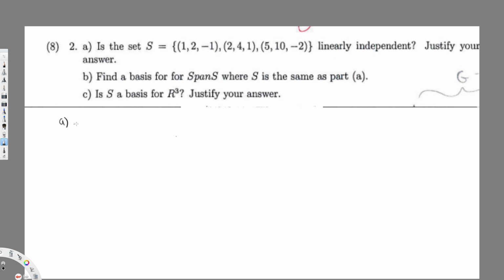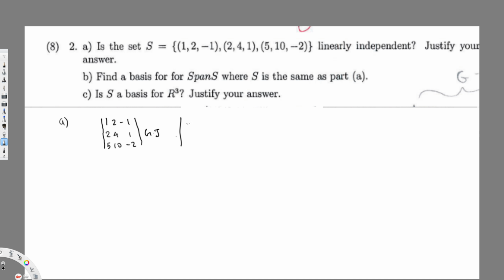So first of all, if they ask if it's linearly independent, the first thing we have to do is Gauss Jordan. So before that I have to arrange every row. Each of them is going to be a row, so it's going to be 1 2 minus 1, 2 4 1, and 5 10 minus 2. So this is my matrix, and if I do the Gauss Jordan for this one,